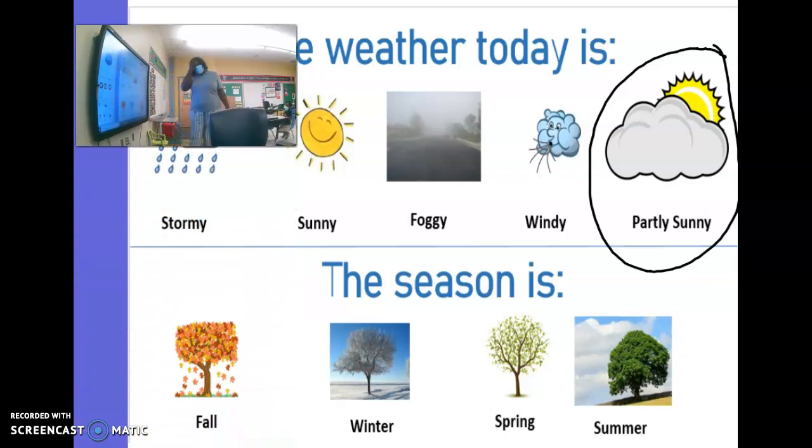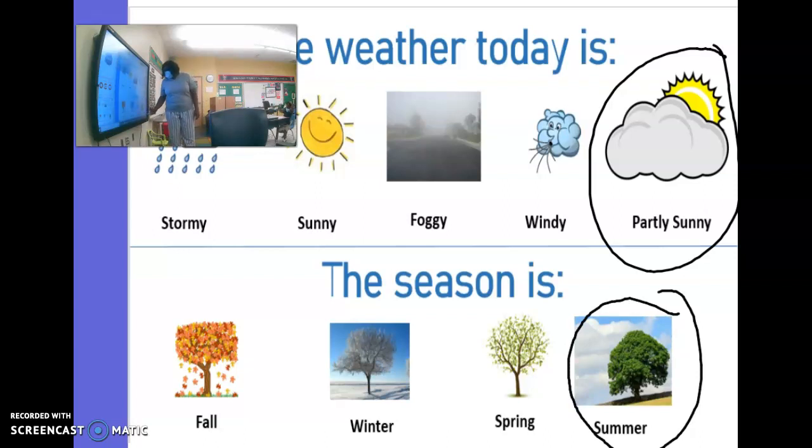What season is it? Is it fall? Do y'all see the leaves falling off the tree? No, not yet. Do y'all see snow outside for winter? No, Miss B. Is it spring? No, they still have leaves on the trees. Not spring. So it is what? Summer. Let's circle summer. Circle the picture that has the full green tree. Summer. Next slide.